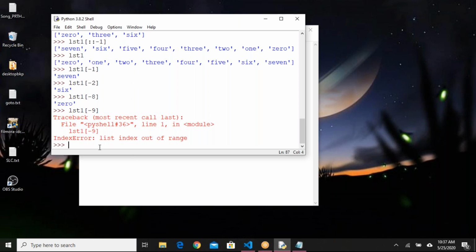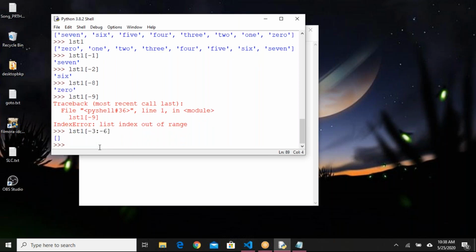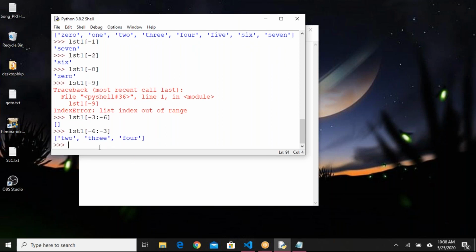You can apply slicing operations not only for forward indexing, you can apply the same thing for negative indexing also. Say, for example, LST1 of -3 colon -6. Let us see what happens. Sorry, I have to provide it the reverse way: -6 colon -3. See what values I got: 2, 3, 4.